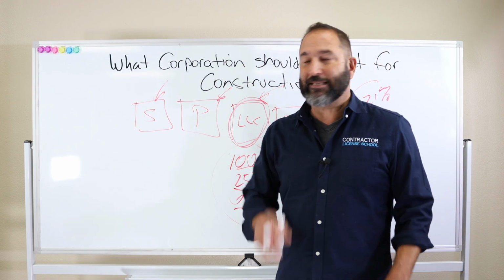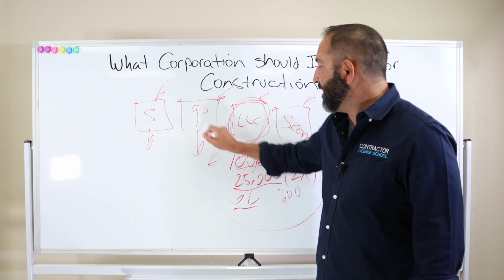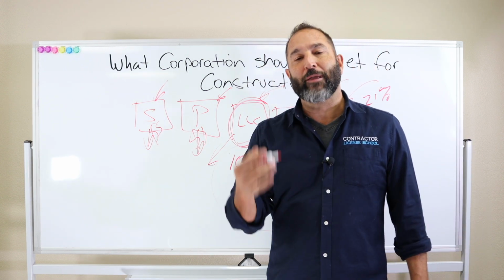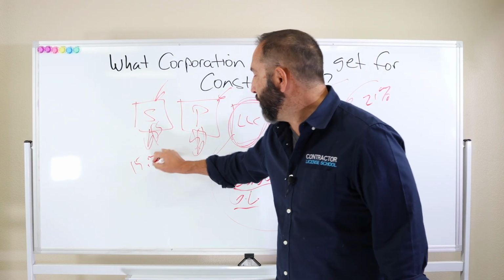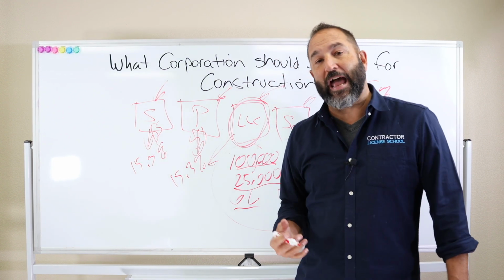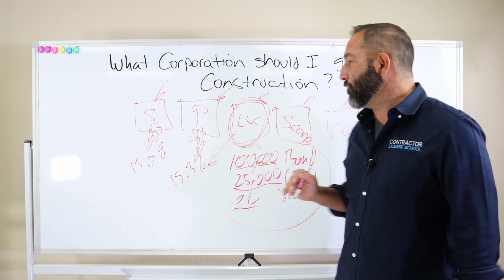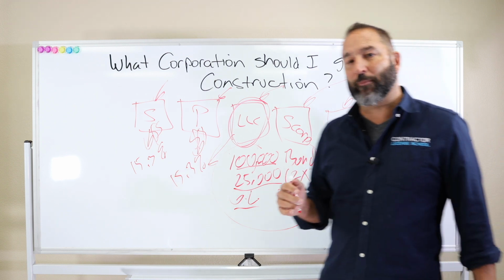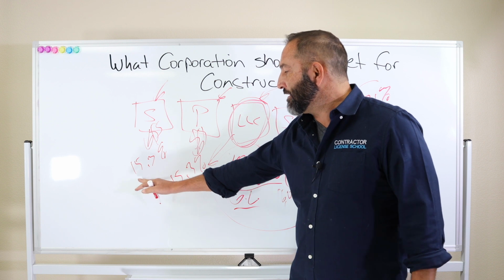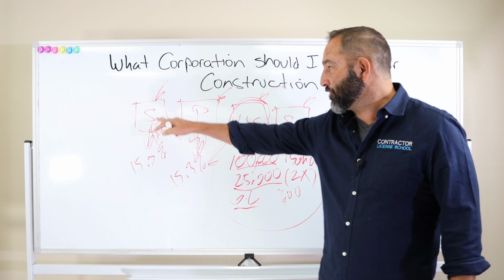But here's the crazy thing. When money comes out of these ones, the LLC, in other words, you're taking it for pay, your self-employment tax is going to be 15.3%. So let's say you take $100,000 out in some kind of draw or dividend. Most of these only can do draws. The S corp and the C corp can take what's called dividends, but they're divided differently, and I'll show you how that works. So what happens is, let's say you take $100,000 out, you're paying $15,300 in self-employment tax with your sole proprietorship.